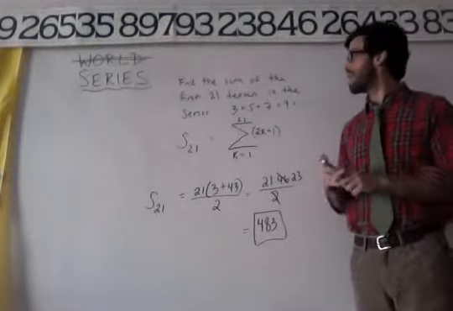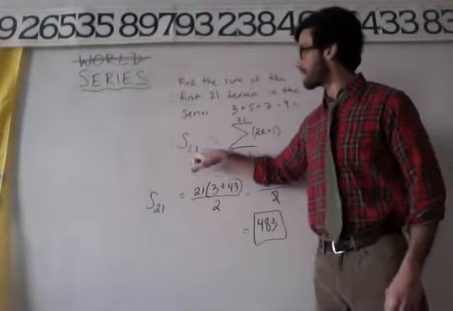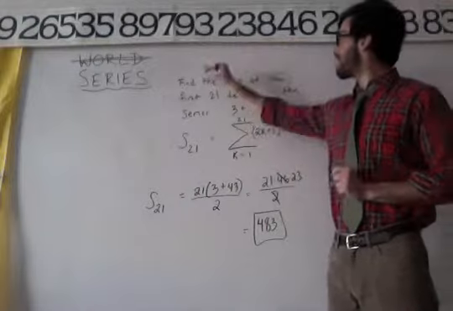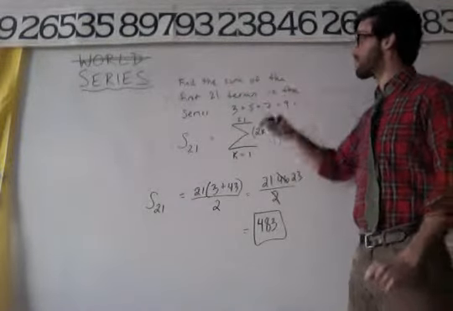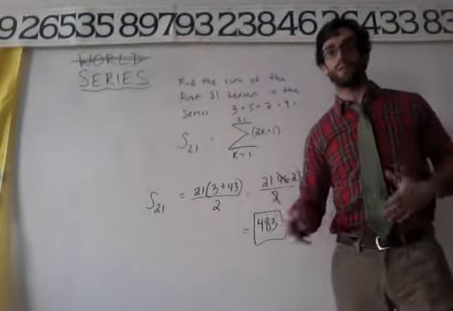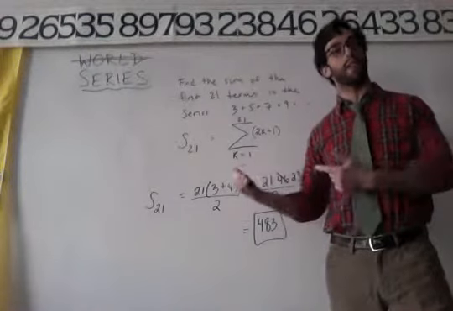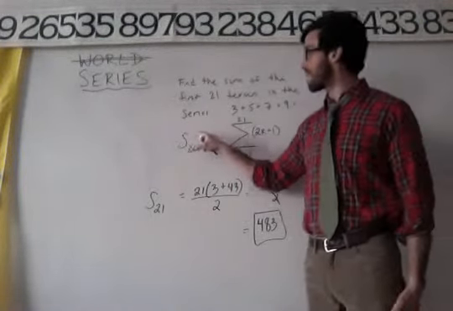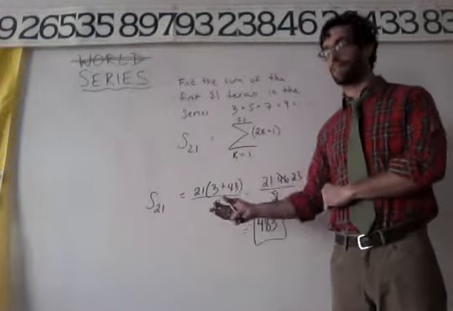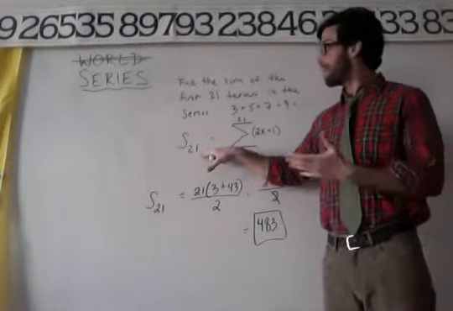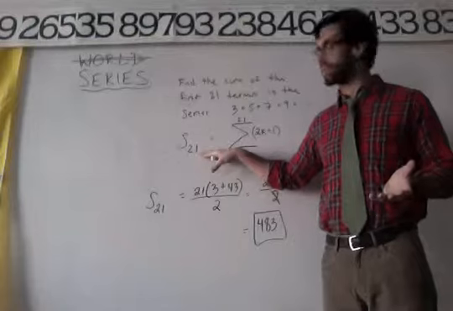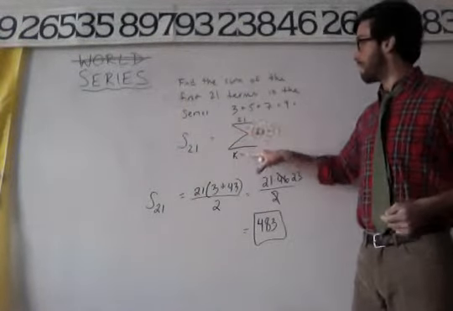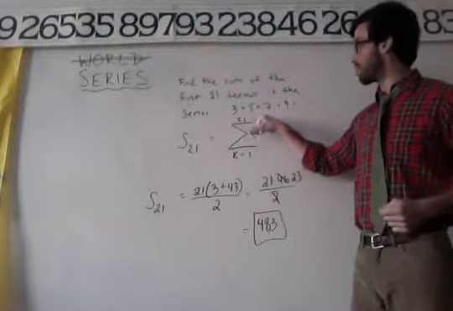Okay? So another way to write capital S sub 21, just to review what we've done, okay? If you're asked to find the sum of the first 21 terms, and I might have asked you for the first 7 terms, the first 80 terms, or whatever, this is how you do it. It's called a partial sum, okay? The way you denote this is a capital S sub the number of terms in the partial sum, so capital S sub 21 in this case, equals a sigma going from k equals 1 to 21,